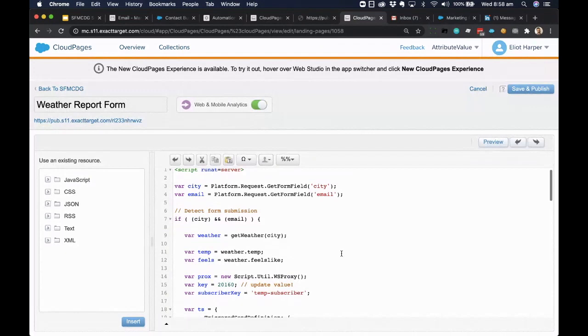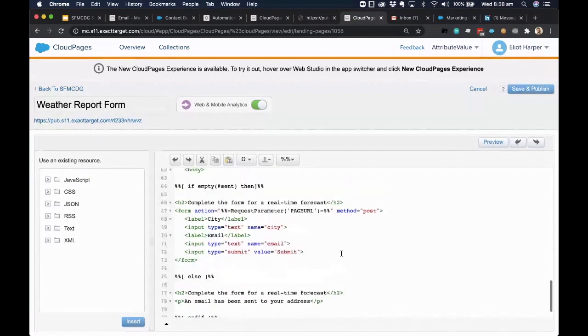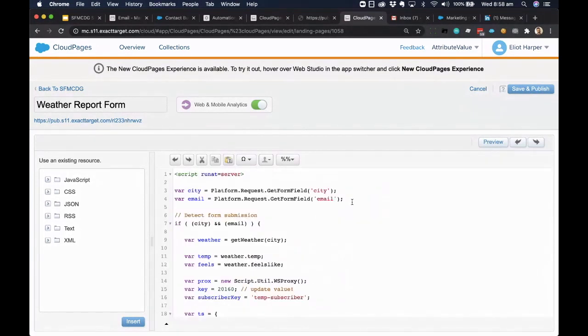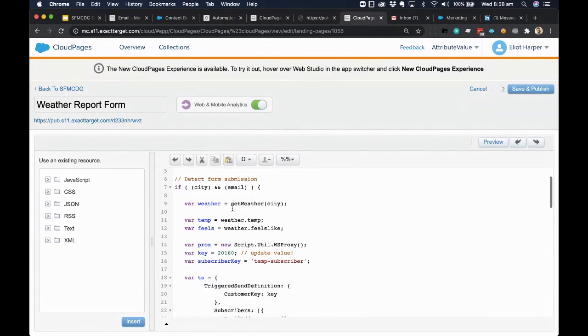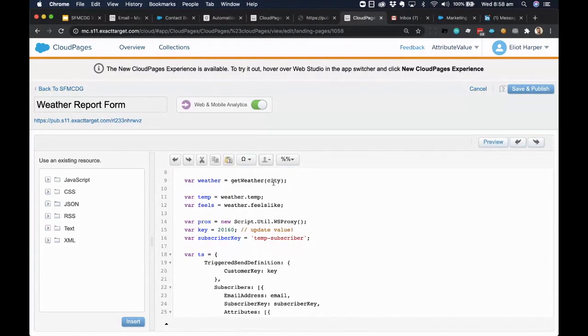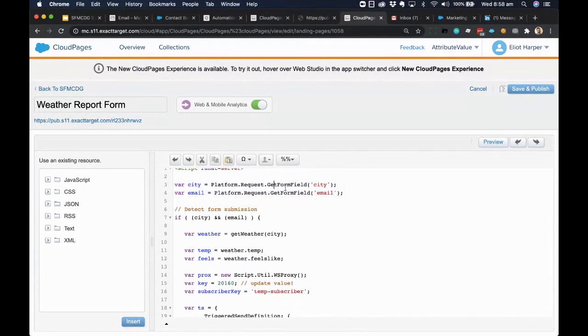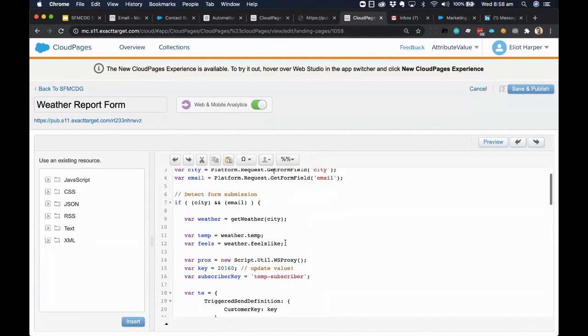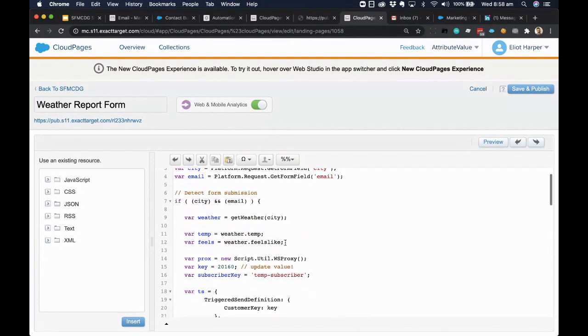So firstly, what I've done is created an HTML form on our page. And when a user submits this, it will post back to itself. And we're going to get the form fields that have been submitted, specifically the city field and email field on the form. And if those values exist, then we're going to process this block of code within it. So firstly, we get that city field from the form field, and we define temp and fields